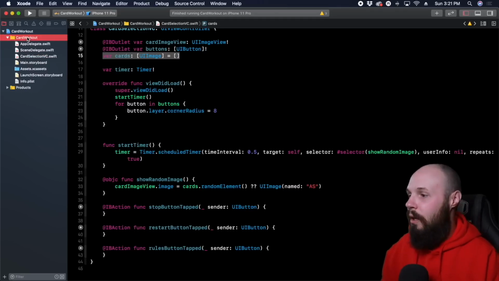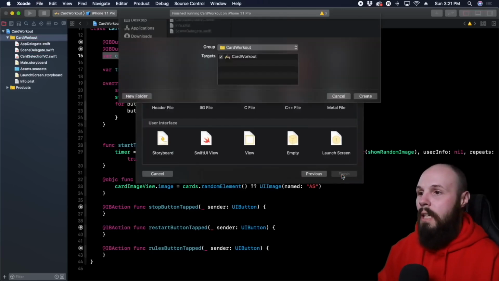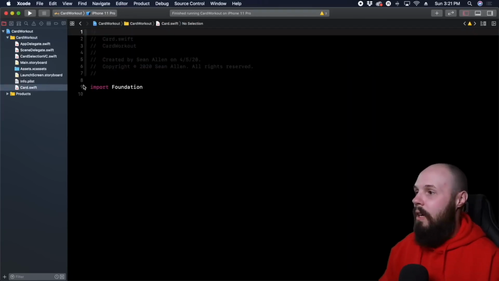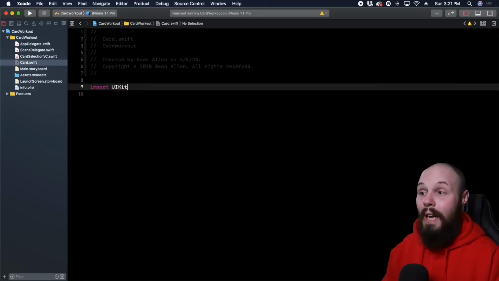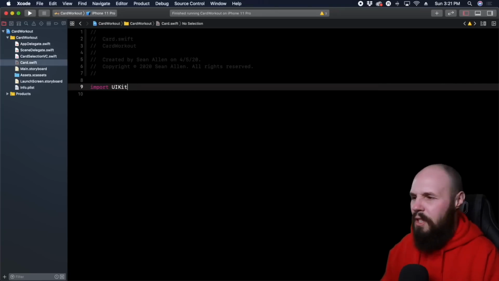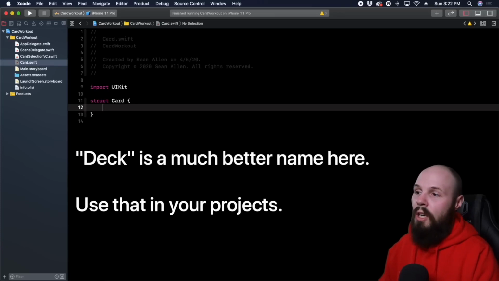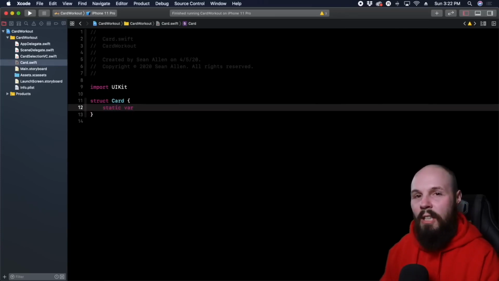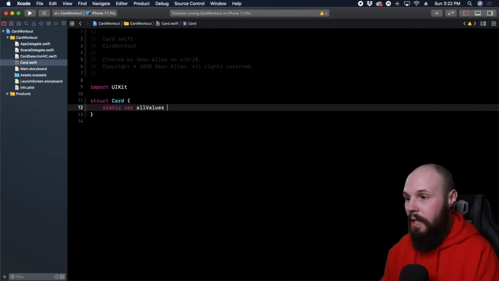So on the file of card workout, do Command N, do a new Swift file, just blank, hit next. We're going to name this Card, hit create. So now we have a file called Card, and this is kind of like a data model, if you will. And we need to import UIKit because we are going to be using UIImages here. So here I can create a struct called Card, and on this struct I can have a variable. So I can do static var, and we'll explain why I did static here in a second. But I can do allValues, and that is going to equal